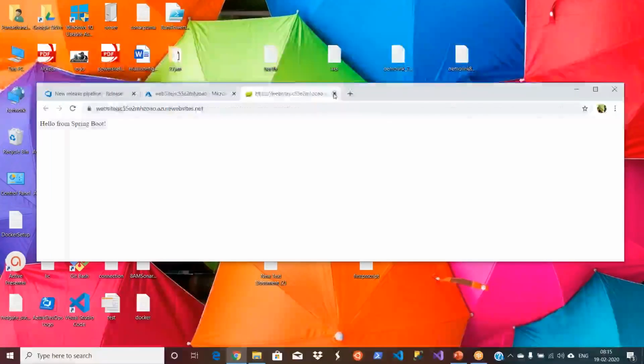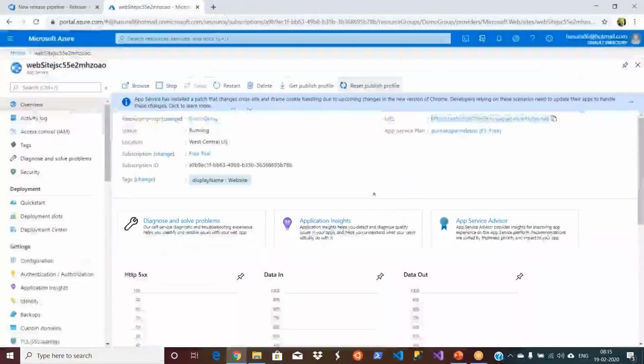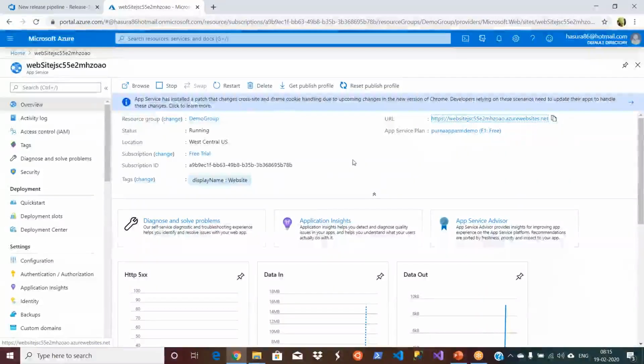Okay. The jar file contains one service and that output is hello from Spring Boot. Okay. So this is simply a service. Okay, this is how you can deploy your application to app service. The reason I selected Java is because I can show this GitHub integration and then app service as well.